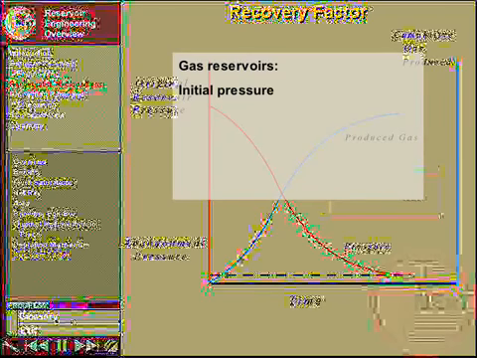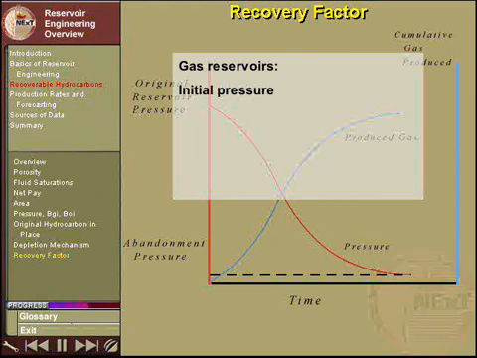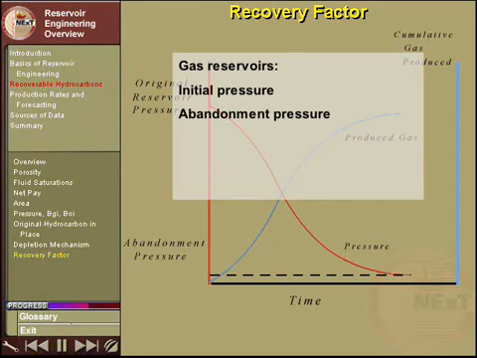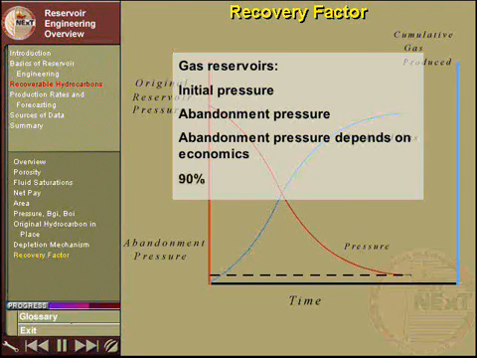In gas reservoirs, the recovery factor is primarily a function of pressure depletion from the initial pressure at discovery to the pressure at abandonment. Abandonment pressure is usually based on economic considerations. In other words, when it becomes too expensive to produce the gas. Recovery factors for gas reservoirs can be as high as 90% of the original gas in place in pressure depletion